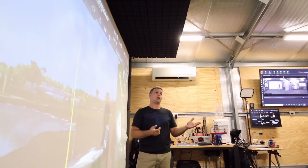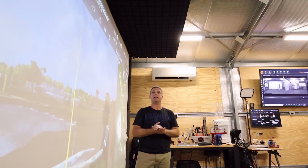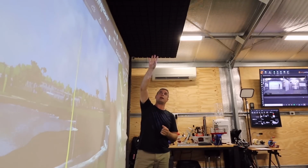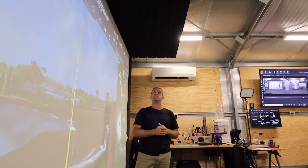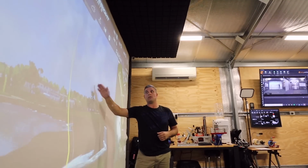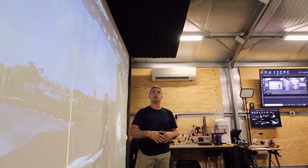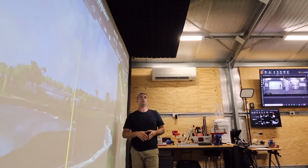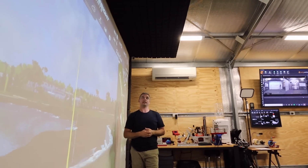Basically, on a flop shot or a skied driver, I don't hit a lot of those, but it has happened in here before. It does get taken up by the acoustic panel on this 1 meter jet out of ceiling. It basically hits the foam panel, ricochets down, hits the screen, and just comes right back to your feet. So purposely, I will hit flop shots, and I will hit them off that ceiling just the way